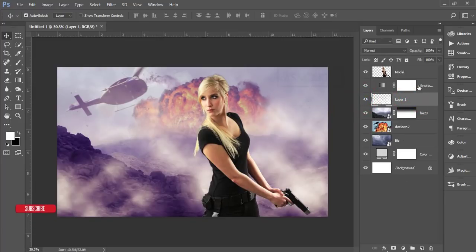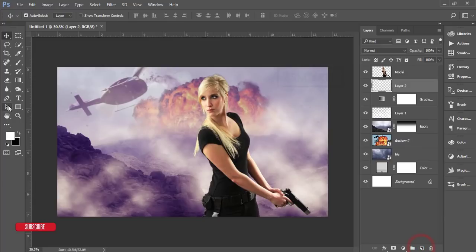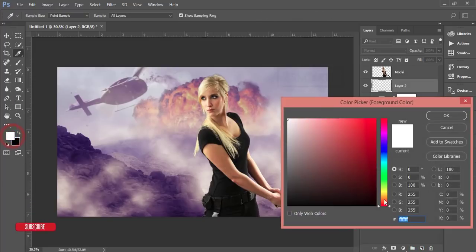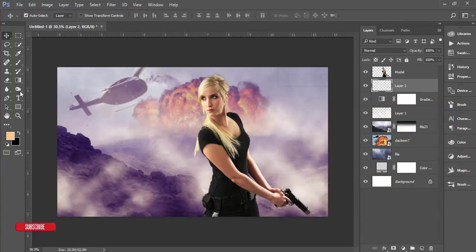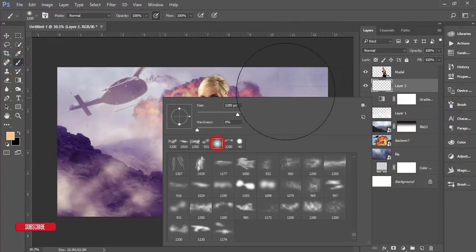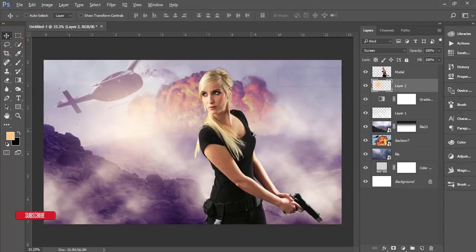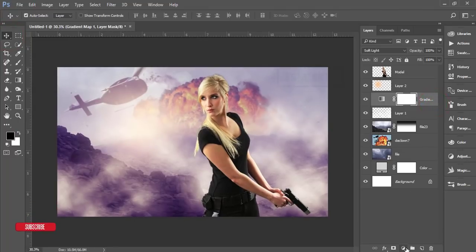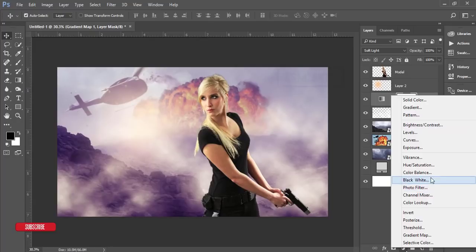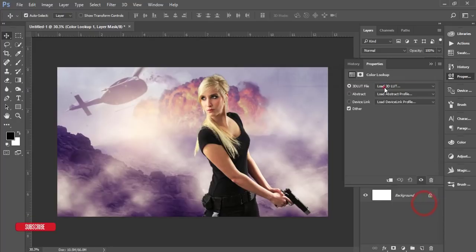So after that, I'll take a new blank layer and go to the color options and select a color of this type and hit OK, and then go to the brush again and select the first brush, so this brush. After that, just click once, it will make a flare, and then change the blending mode to screen. So that's fine. And after that, go to the color lookup options. Here are the options, the color lookup, and I'll use this one,